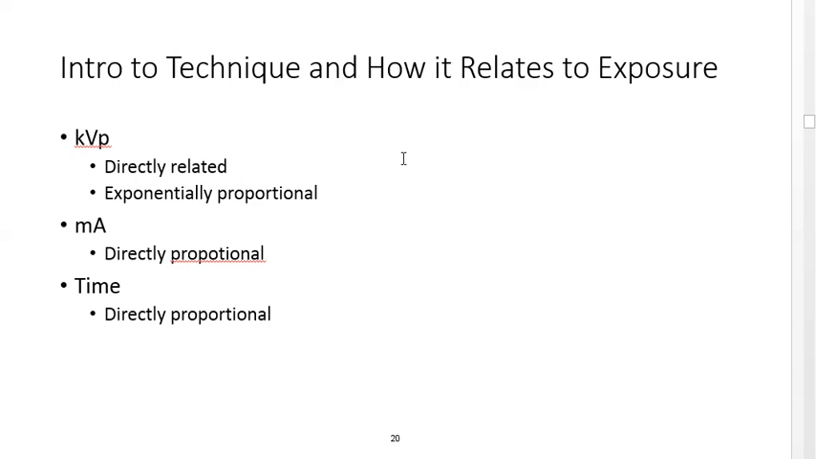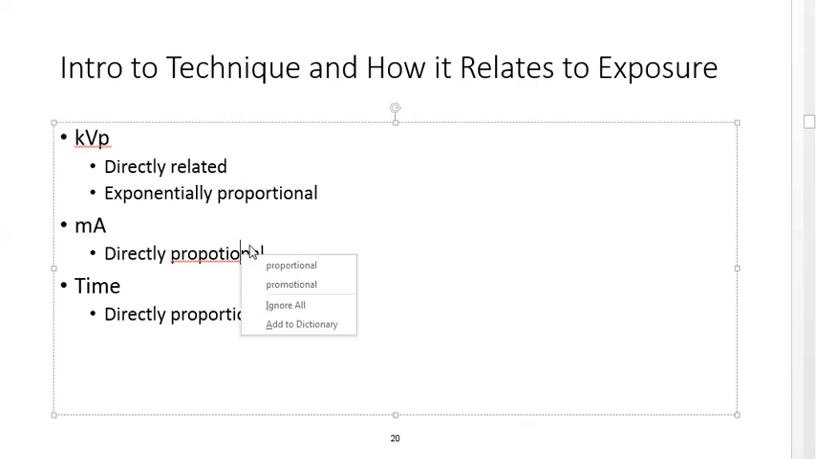That's why whenever we increase KVP, if we want to maintain the same image receptor exposure, if we increase KVP by 15%, we have to reduce mass by a factor of 2. Or if we want to double our exposure just using KVP, we increase KVP by 15%. So 15% equals a doubling of exposure, whereas with MA or time, with mass, our